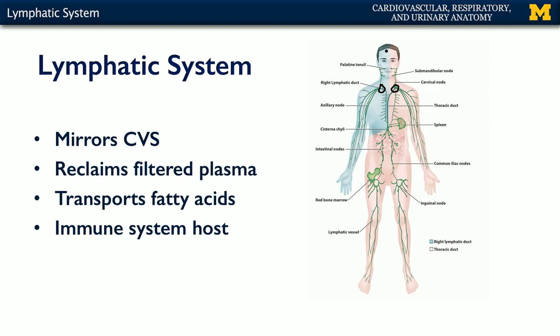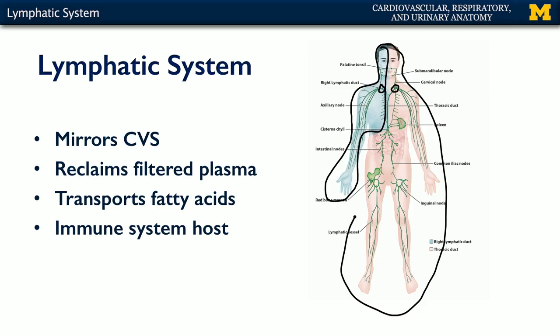Seeing from this individual here, we can determine that there are two areas of drainage. One that's draining the right upper limb, right half of the thorax, and right head and neck, and the other that's draining the remainder of the individual. And so that right upper limb, right half of the thorax, and right half of the head and neck are going to the right lymphatic duct, whereas all of the remainder of the lymph is flowing back into the thoracic